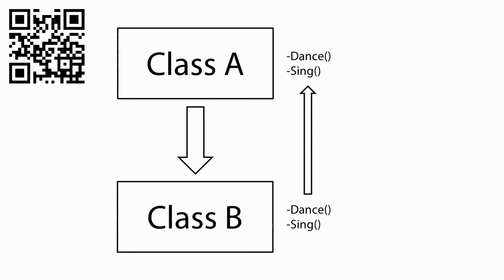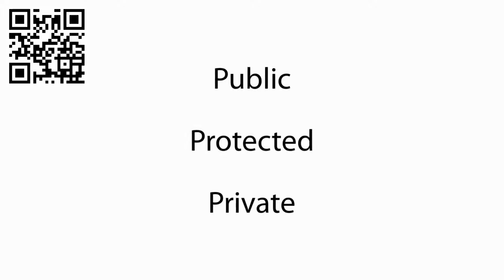When dealing with inheritance, there are three access modifiers to be aware of: public, private, and protected. You should already be familiar with the concepts of the public and private access modifiers. Just be aware that the features of a parent class that are public will exist and be accessible in the child class, while features that are private will exist but not be accessible in the child class.